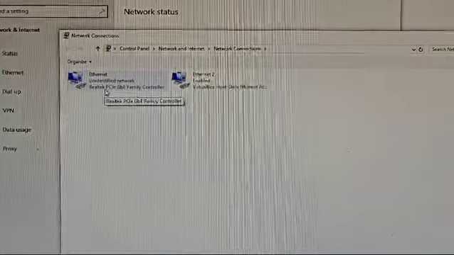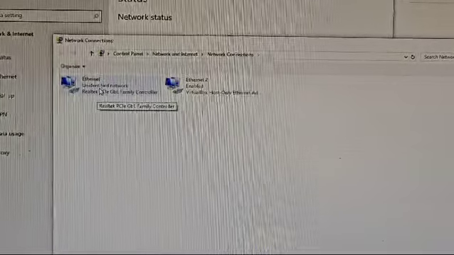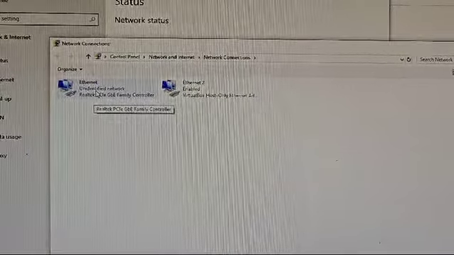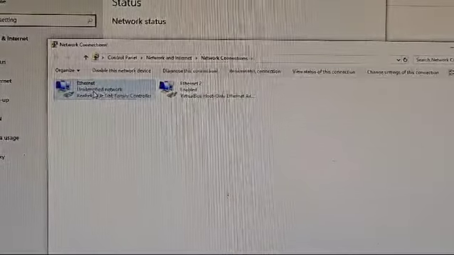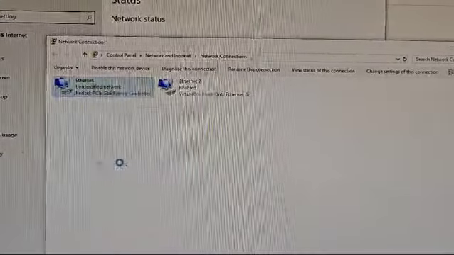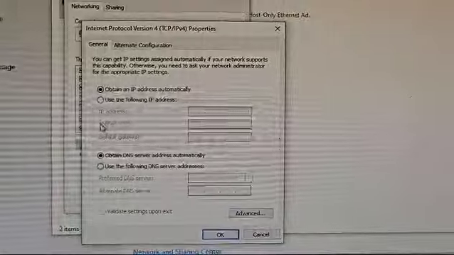We will give the configuration to the second system. So we have to go to the network and then go to the sharing and adapter settings. Right click on the icon, go to Properties, again select Internet Protocol version IPv4, go to its properties, select the option to use the following IP address, and now we have to give the IP address, which should be unique, different from the previous system.